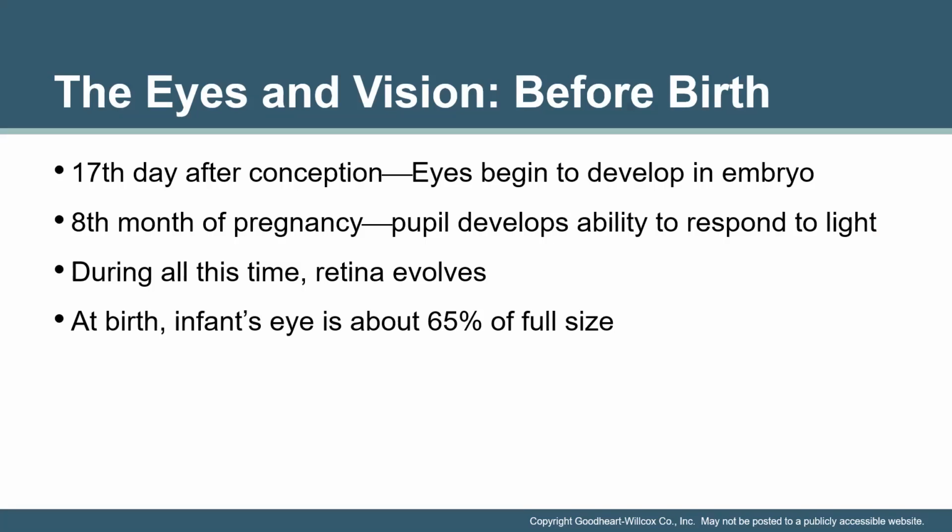Some senses, as we know, are not fully functional when we're born. And then we can develop them throughout our lifetime. Sometimes, one will be in disrepair, like I mentioned, and the other ones have to bump up their abilities a little bit. The eyes will begin to develop in the embryo during the 17th day after conception,